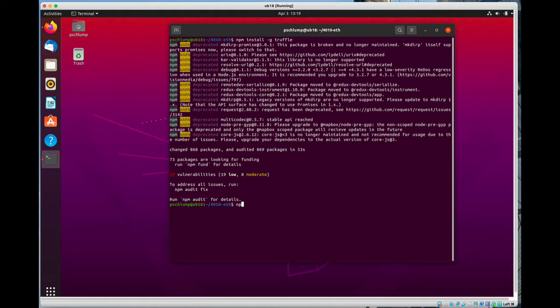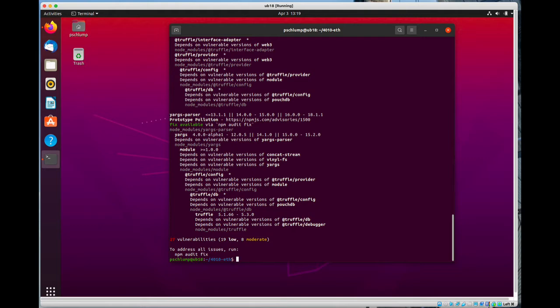So npm, run that. So there's lots of things in Truffle, and Truffle can also act as